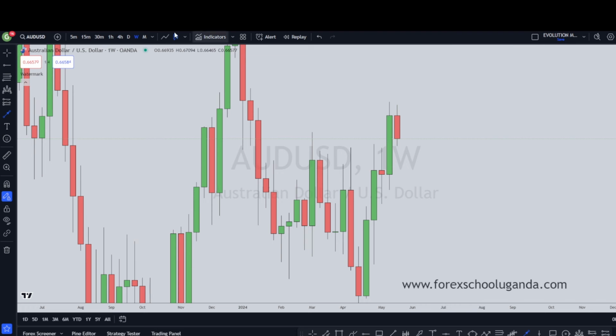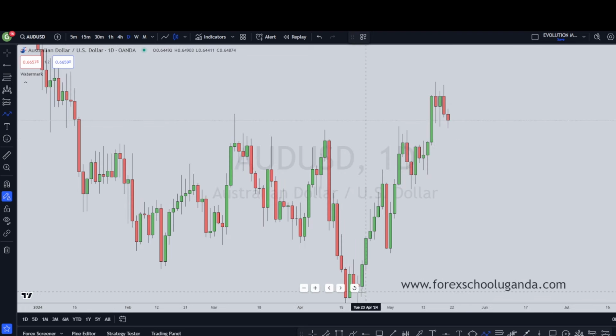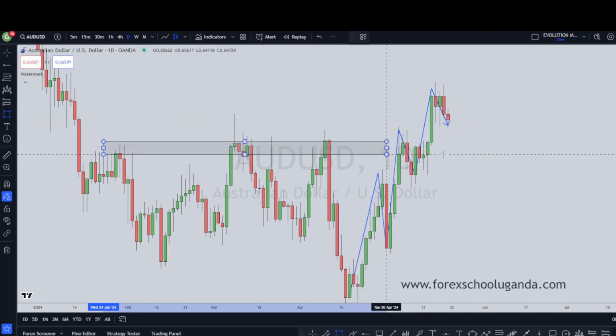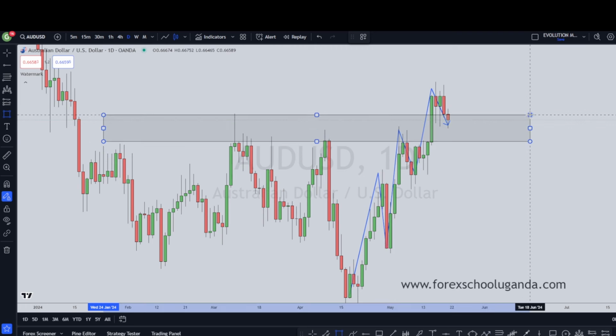Now, dropping to the daily. In the daily, you'll observe that price has been making a series of higher highs and higher lows, highs and lows, higher highs, and now it is creating a higher low while retesting this area of support, and we will likely see a bounce off